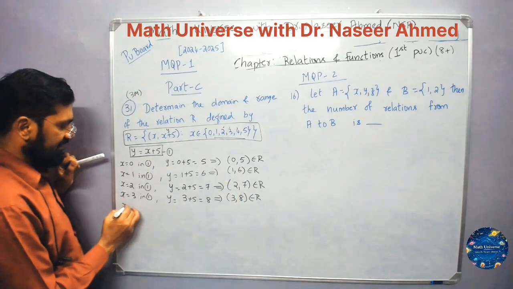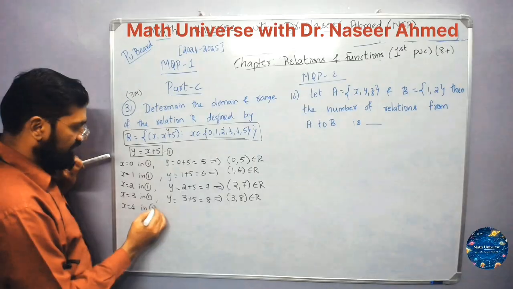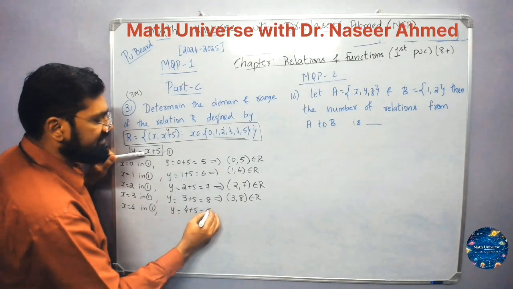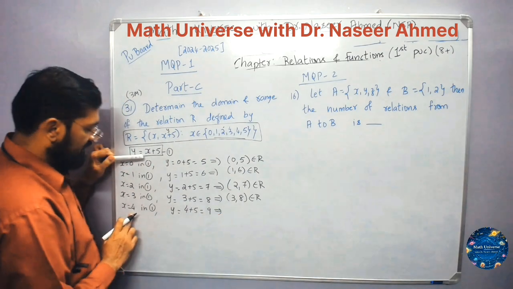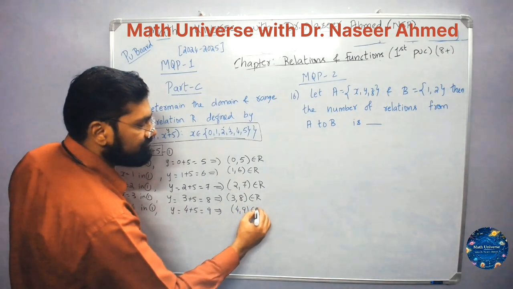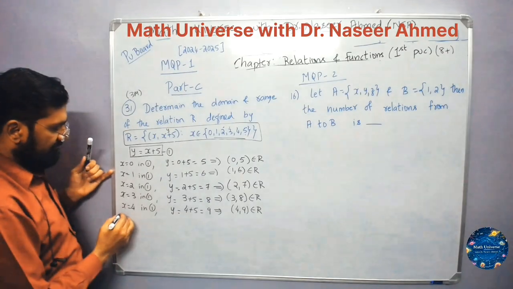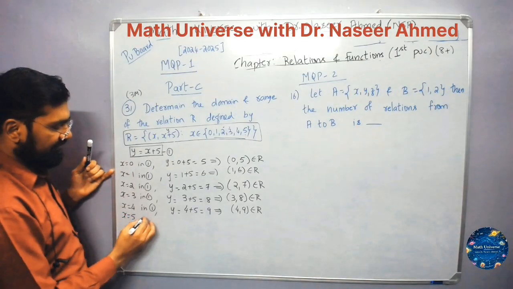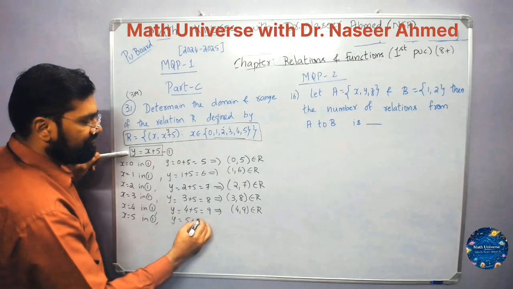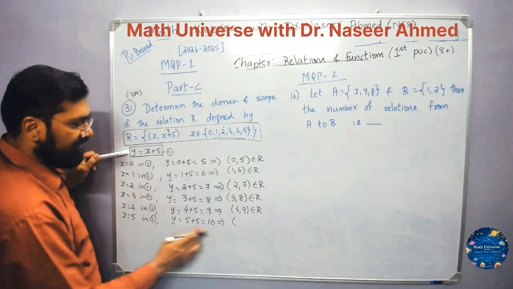Next, when x is equal to, next number is 4. When x is equal to 4 in equation number 1, what will you get? y is equal to 4 plus 5 is 9. This implies 4 comma 9. Lastly, x is equal to 5. When x is equal to 5 in equation number 1, we will have y is equal to 5 plus 5, which is nothing but 10. So I'll get 5 comma 10